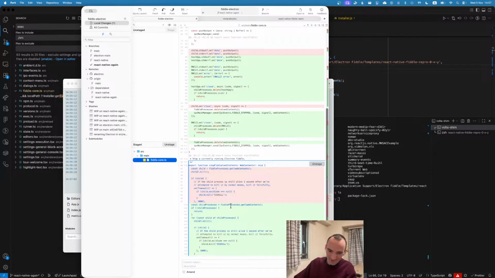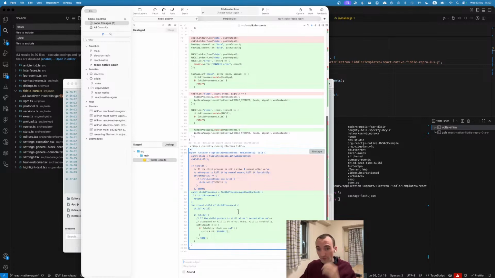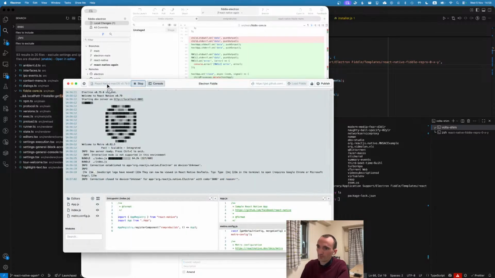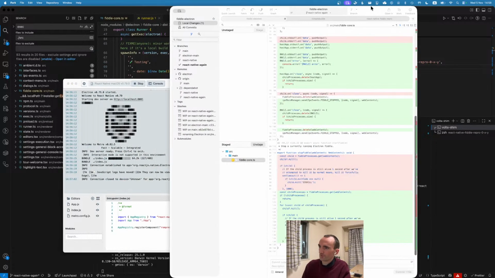That's no problem. It's impossible to know what's going to be the right way forward and what could crop up as a result. But actually, one of the great things about this Fiddle app will be that we will be able to jump between versions of React Native macOS and repro and check whether we consider something a regression or not. So I'd say, bring on the bugs. Once this thing is ready, let the bugs flood through, and we will have an easier way of